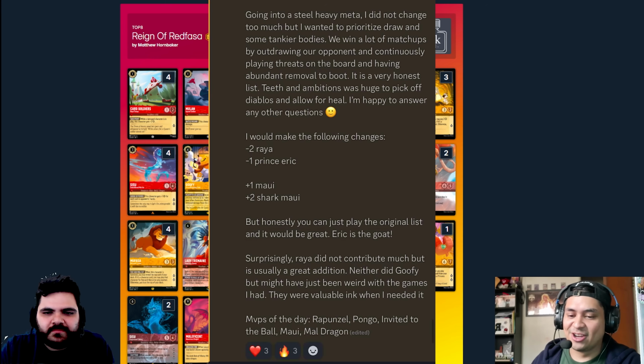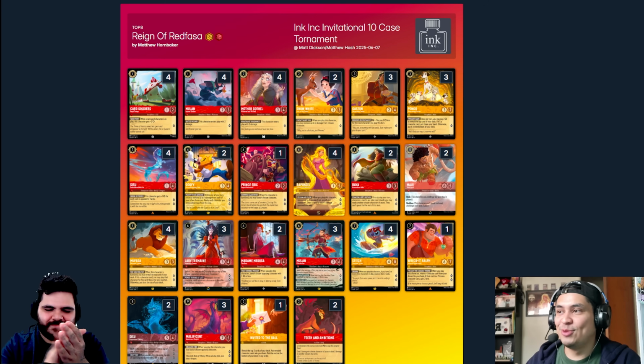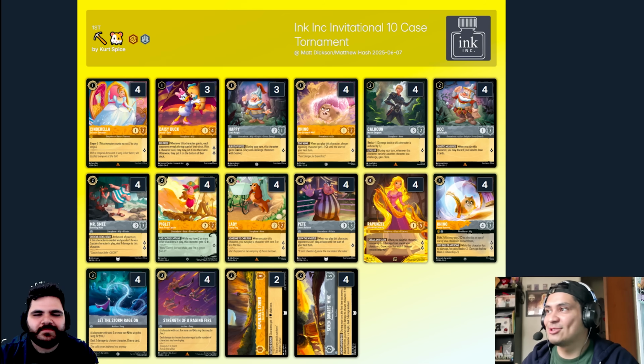MVPs of the day are as follows: Rapunzel, Pongo, Invited to the Ball, Maui, and Maleficent Dragon. Thanks once again to Wonderful for being a member of our Discord community and dropping the extra insight for the Red Yellow Mufasa deck. And in first place of this tournament, we have Kurt Spies, who is a very well-known